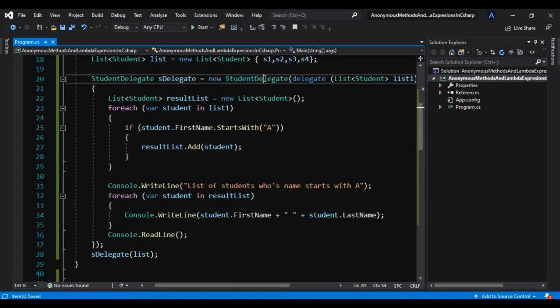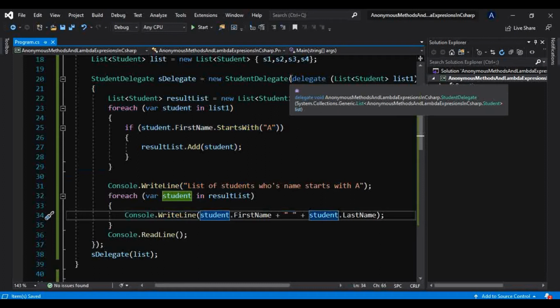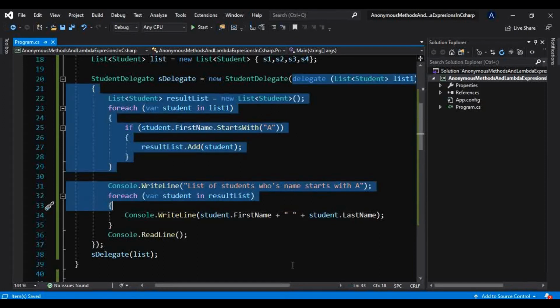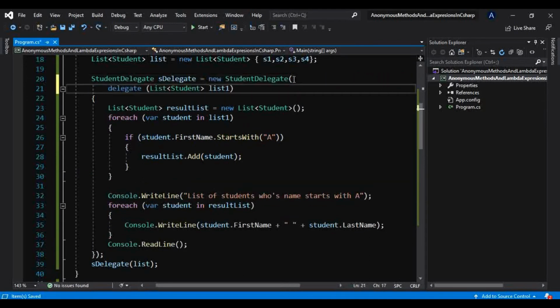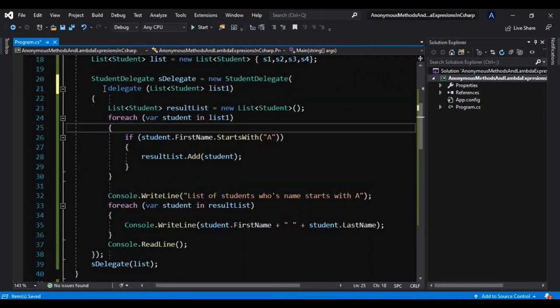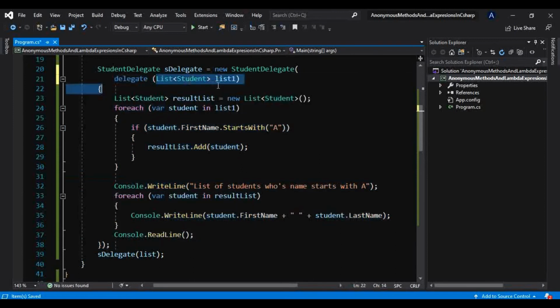We are creating this method right there itself without any name, which is called an anonymous method, which is nothing but a method only. Let me use one enter here, and you will see that this is a method having one parameter and a body, with only one difference: instead of a method name we are using the keyword delegate.